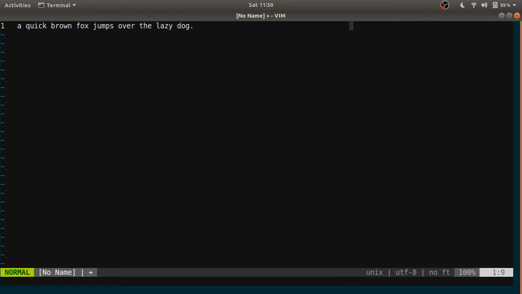looks back for the B character. For example, if I want to go to L, okay, L in the lazy, all I need to do is FL. That looks up lazy from the current cursor till the end of the line. This is really useful for navigation, guys.